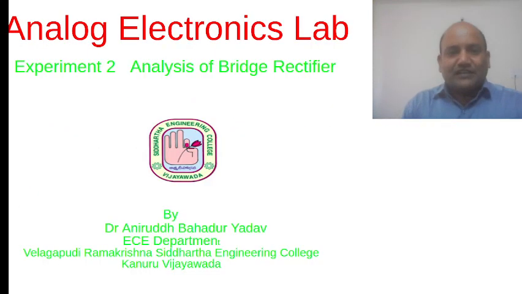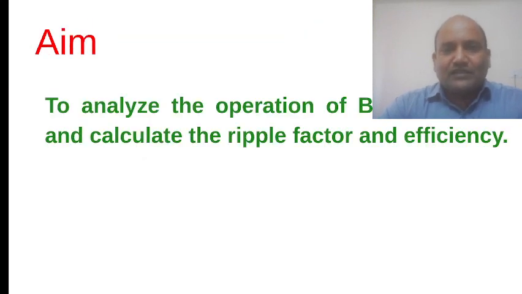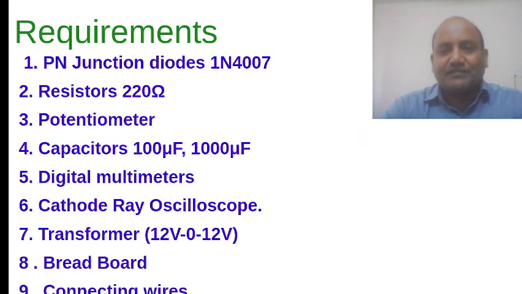So, the second experiment of analog electronics is analysis of bridge rectifier. Aim of this experiment is to analyze the operation of bridge rectifier and calculate the ripple factor and efficiency. The components required in this experiment: PN junction diode,